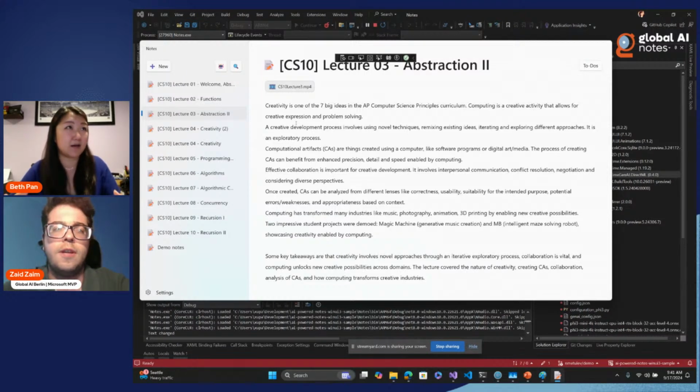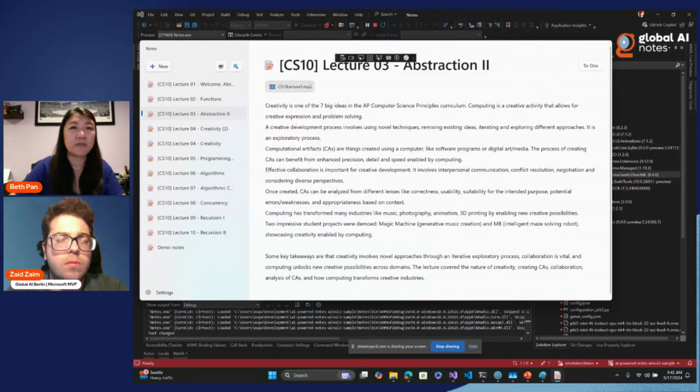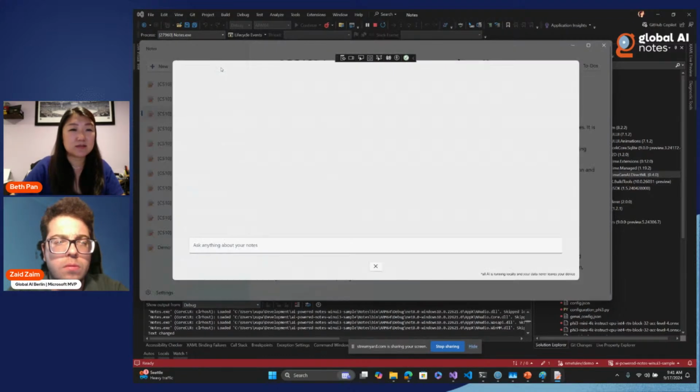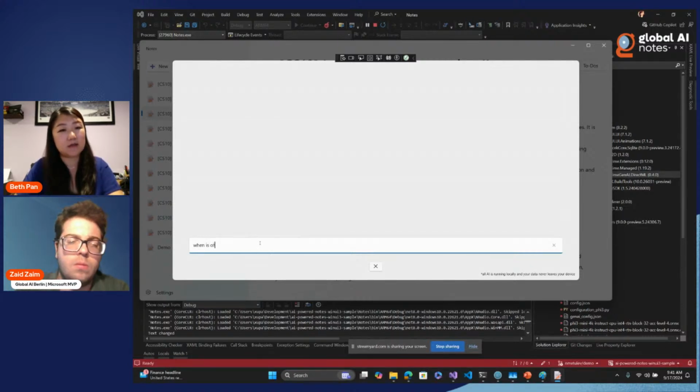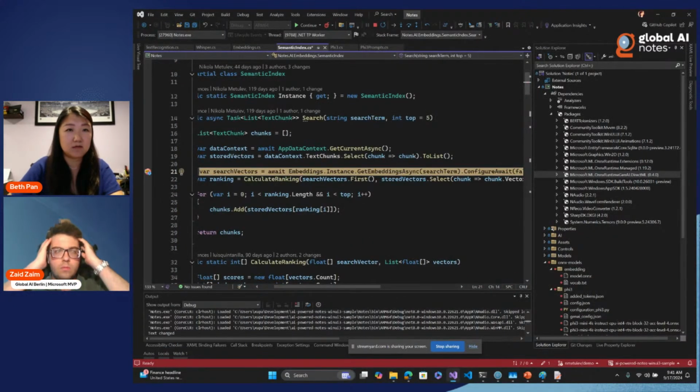And this is the pattern called RAG, which is also retrieval augmented generation. So if I go to this little robot and say something like, when is office hour? You can imagine if I were to search this,